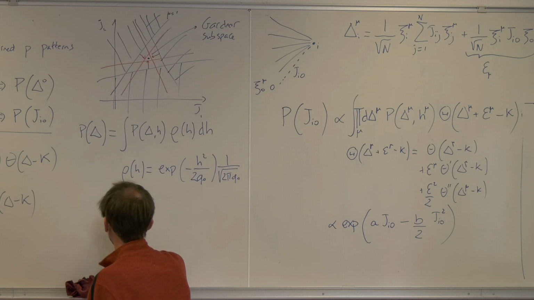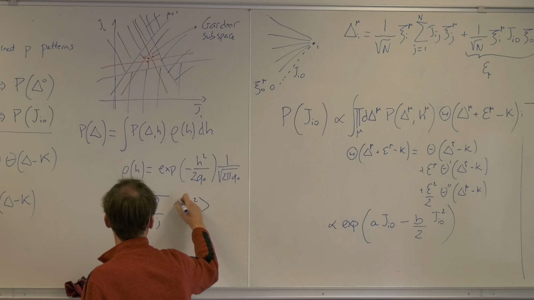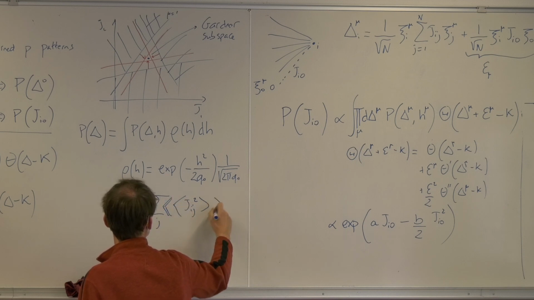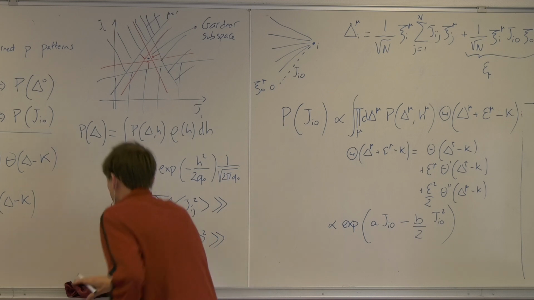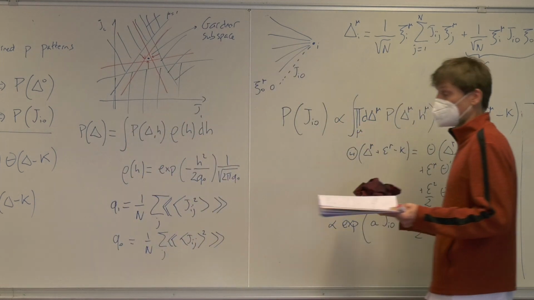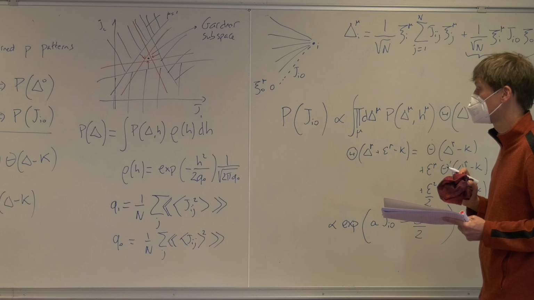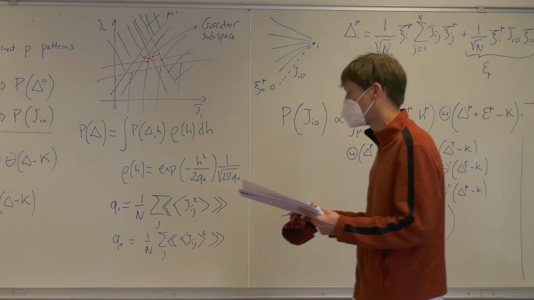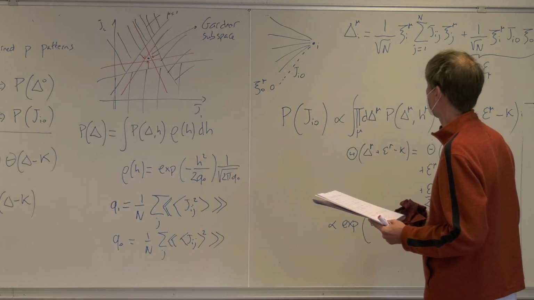So knowing that Q1 was equal to 1 over n sum over j of j squared average, and then you have this additional, and Q0 equal to 1 over n sum over j of, and you can look at what happens in the Q0 going to Q1 limit, and eventually you find that in this limit, Q0 going to Q1,